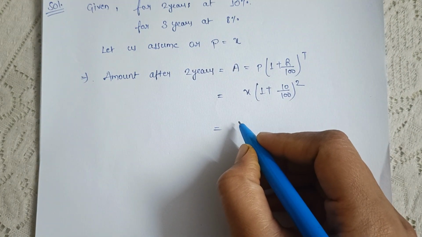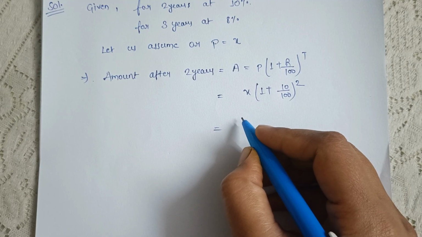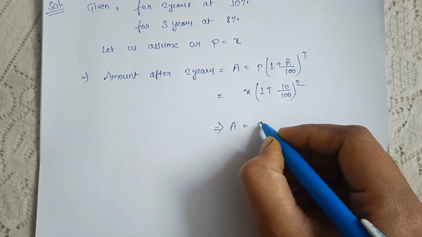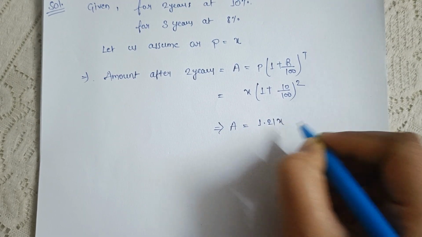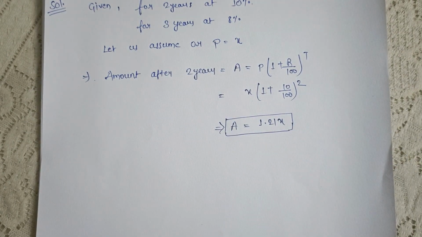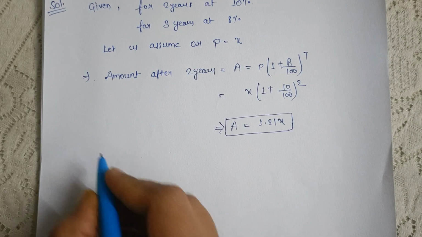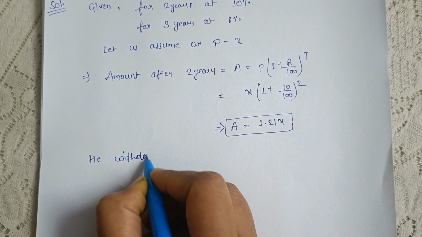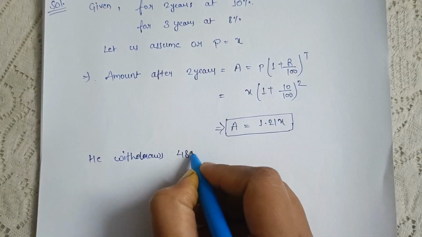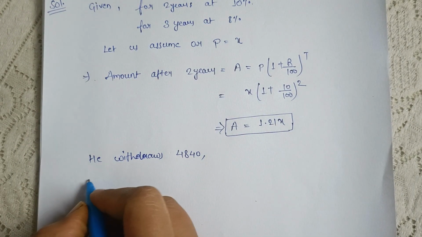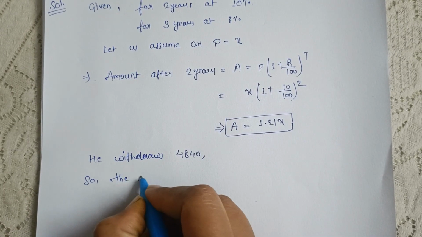When we solve this equation, we find the value in the form of X. Amount equals 1.21x. We find the value of amount for the first 2 years is 1.21x. Now he withdraws rupees 4840 after 2 years. So the remaining amount,